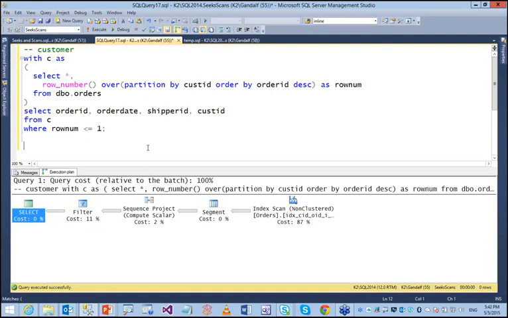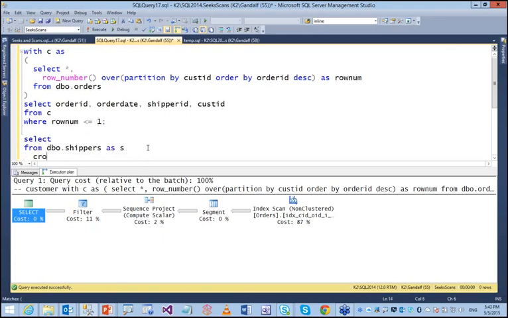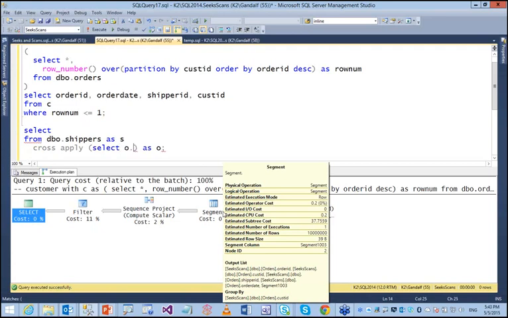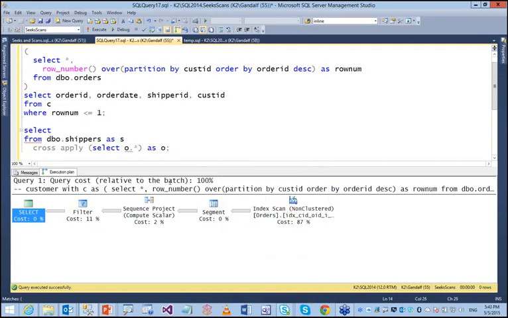So let's write a top n per group solution for shippers. We'll say select from shippers, let's call it S for short. Then there's the cross apply. Let's call the apply table expression O. Here we say select all of the columns. We're going to project, of course, just the ones we need in the outer query, so it's quite all right here to say star. And of course, don't forget the top in this case. So top, whatever your n is. Remember, in our example, n is 1, so we'll say top 1 from orders